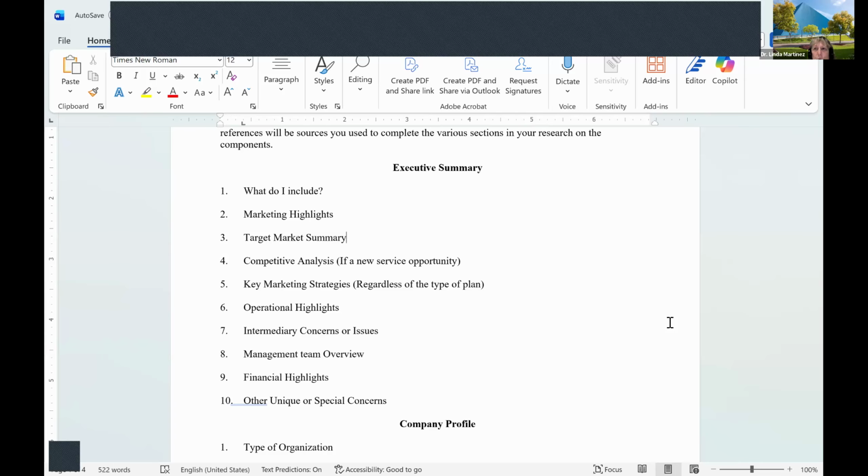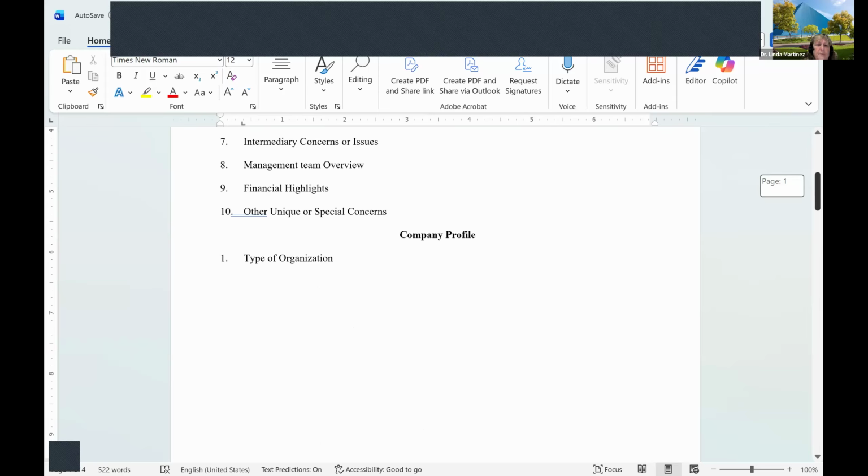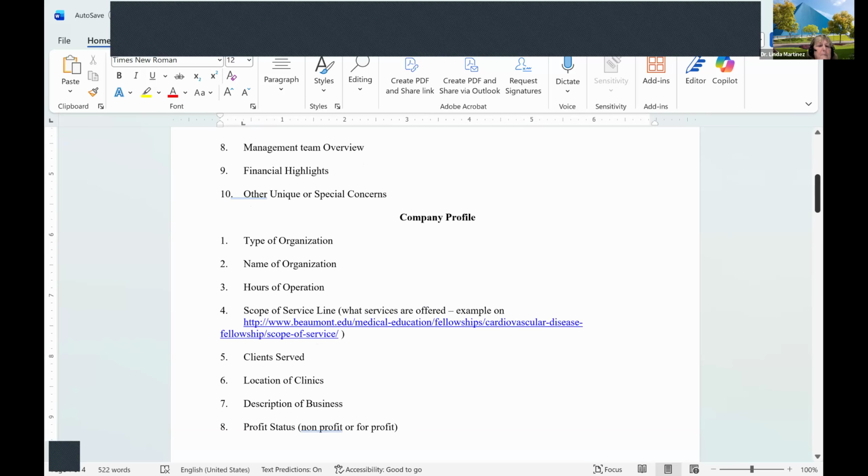But some of their concerns were keeping the vans running, being sure that everybody was licensed and certified, and that you're going to provide a babysitter or a caregiver. So there are special concerns specific to the company you're trying to open. Now, remember, this is the executive summary. So now as we actually get into the actual proposal, you've got, my computer's acting up, the type of organization.